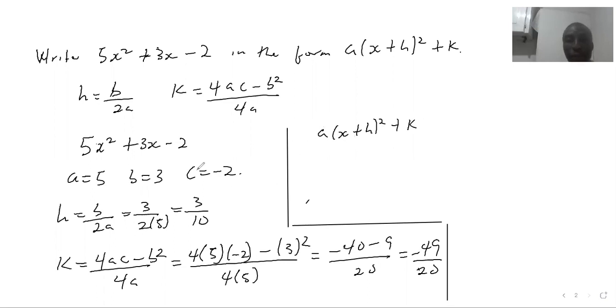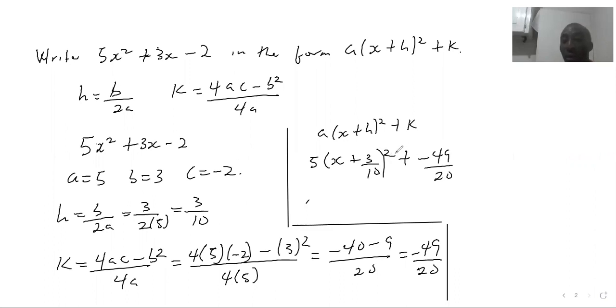My a value will be 5, plus the x. My h value will be plus 3/10, and put square. And my k value would have been negative 49/20. Now remember, when you reach here, you are a math person, so you just have to ensure that whatever